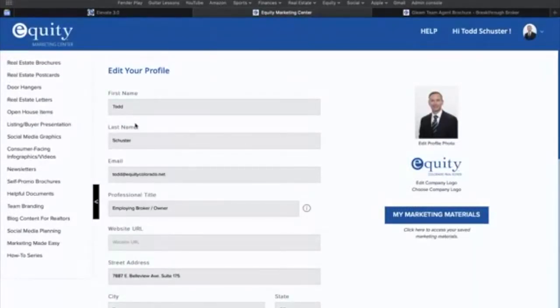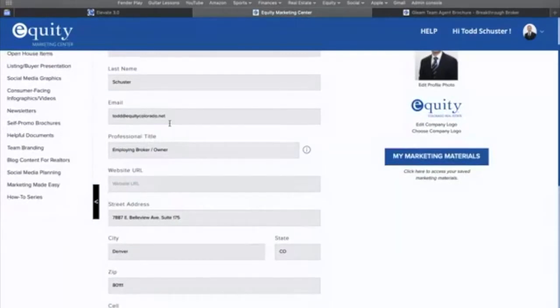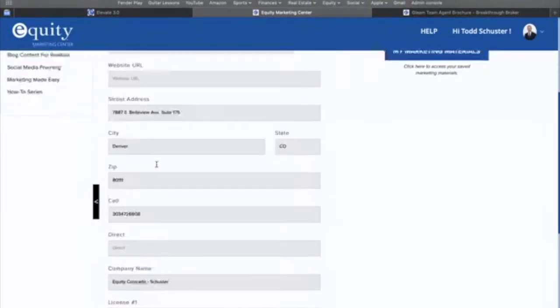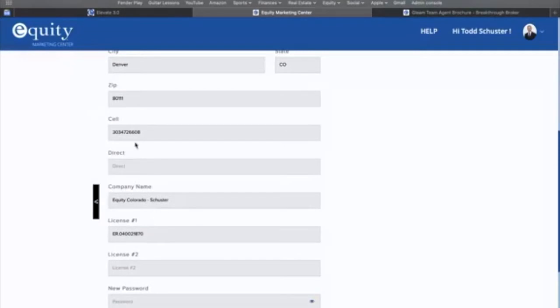And maybe you want to change your name. Because this all comes from corporate Elevate, if we're using your formal name and you want to use a more recognizable name, you can go in here and change it. Double check the email that you're using, the title that you want to use, Realtor, and then put in your website URL. You don't have to put in an address if you don't want to, but you could. Obviously your cell information,